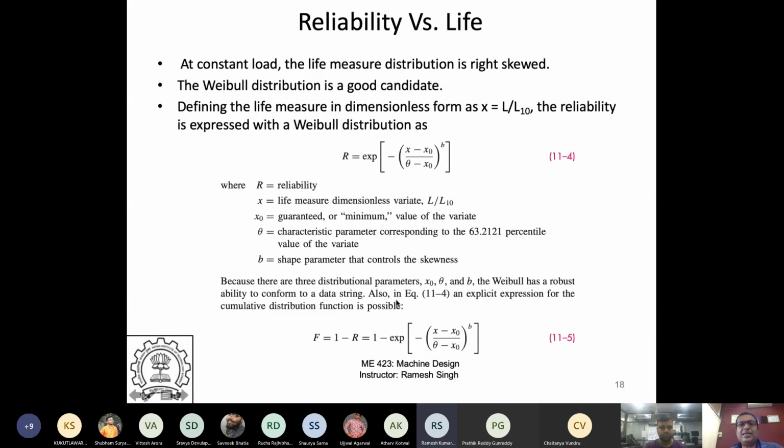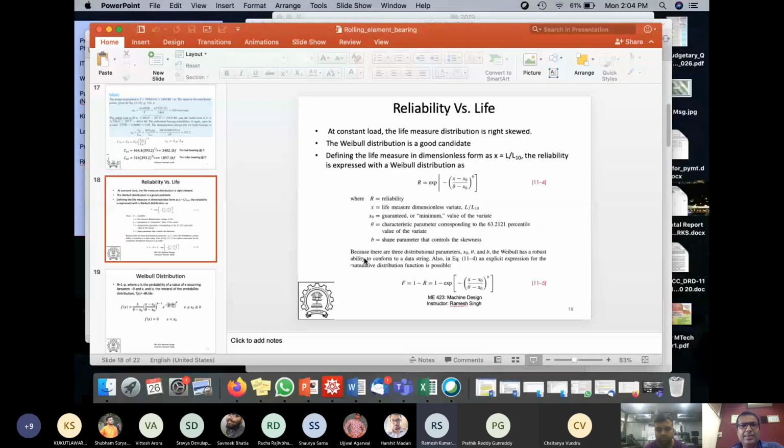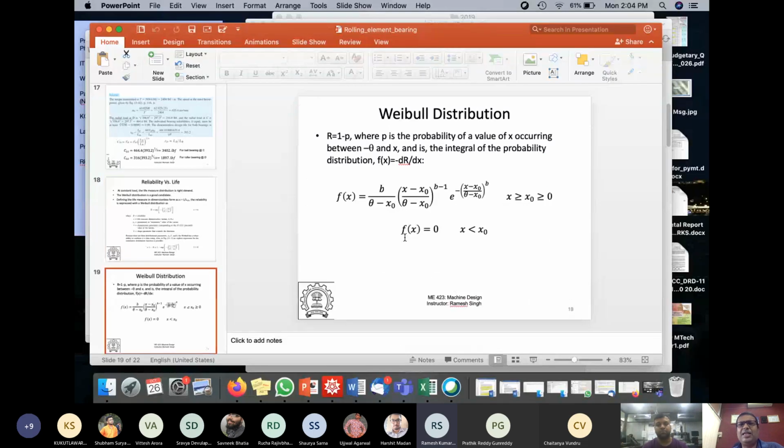So this is a characteristic parameter, 63.2121, which I think corresponds to probably plus minus sigma. We'll have to check. And b is a shape parameter which controls the skewness. What I showed you is the actual function, f(x), which is b divided by theta minus x naught, times x minus x naught to the power b minus 1, times the exponential of this.